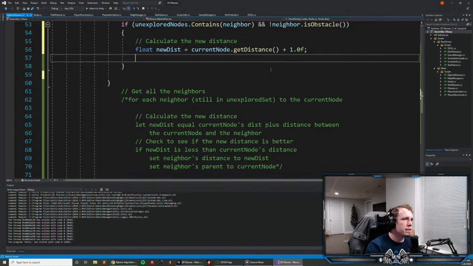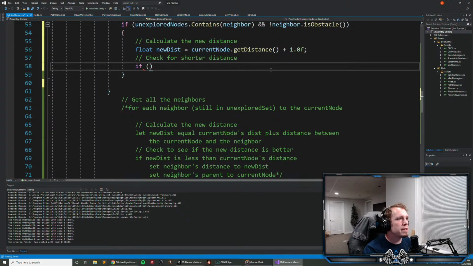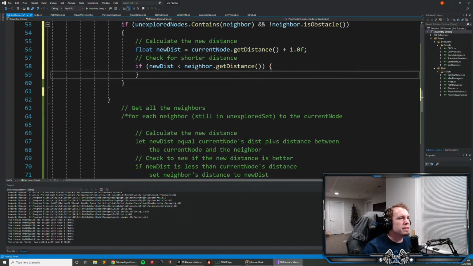Then we just check to see if the new distance is less than the neighbor get distance, right? And if it is, in that case,